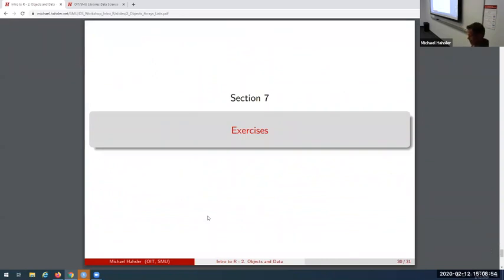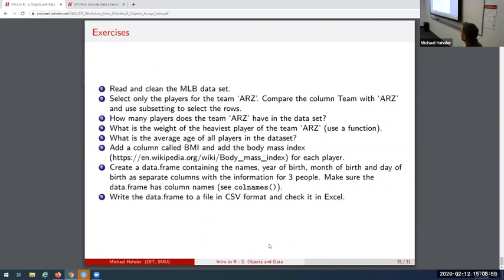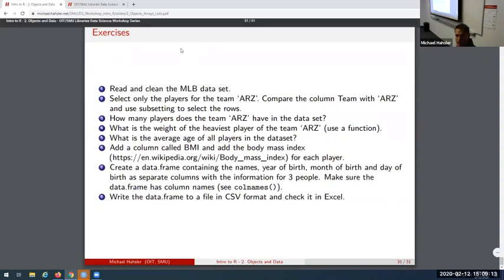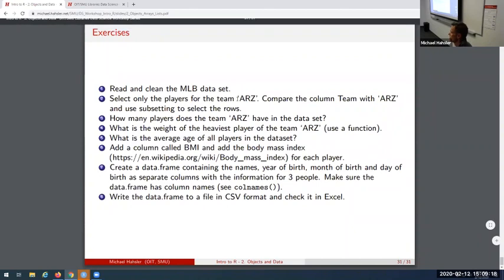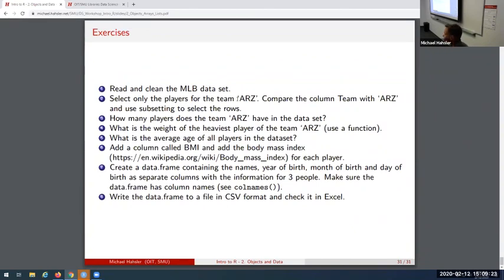Okay, so far so good, 308. So I have a couple of exercises again for you as your homework. What you should be doing is you should read the cleaned MLB dataset. If you get to read the Excel sheet, that's fine. If you download the CSV file or use this link with reading the CSV file, that's fine. It's already clean. And then you should look at the team Arizona. Do they have another name? What team is that? Cardinals. The Cardinals, right? So pick all players from the Cardinals in there, and then